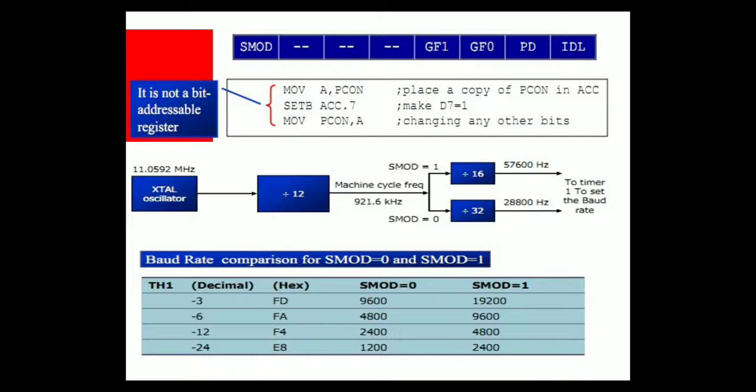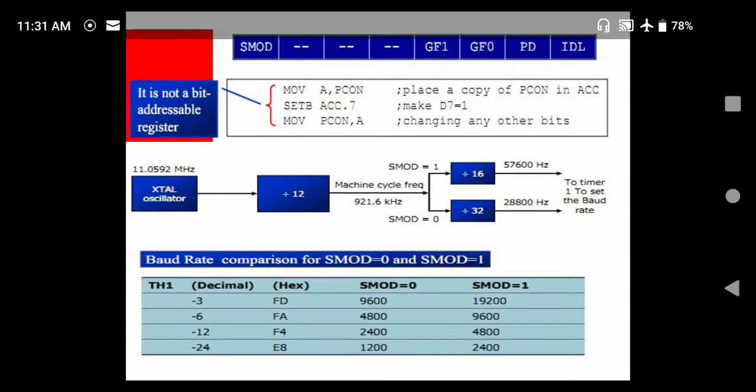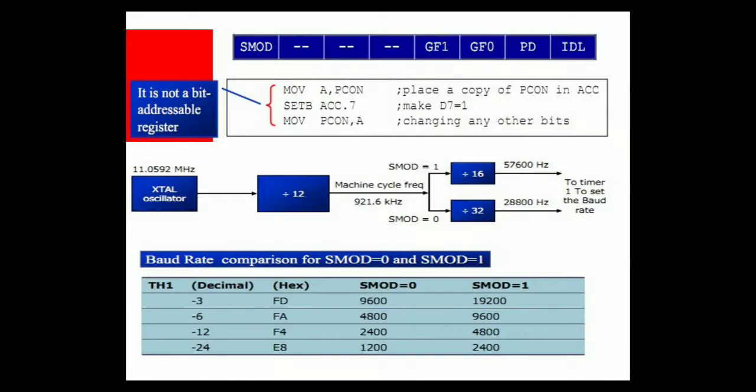I think everybody has now understood how we increase the baud rate by using a software means of doing this. I hope everybody has understood this particular slide. If you have not understood, please go through this once again. Now, based on this, let us have a problem to understand. If you have understood this problem, it means you have understood the concept of doubling the baud rate.